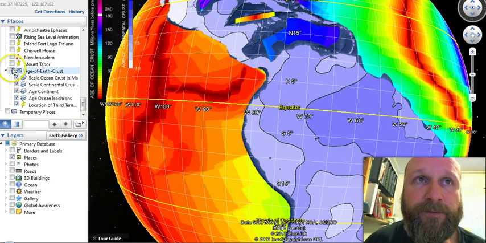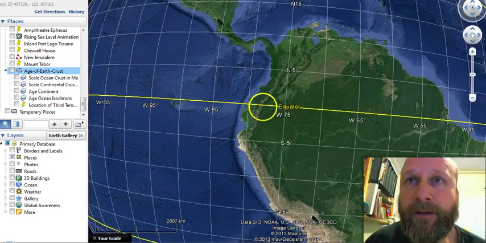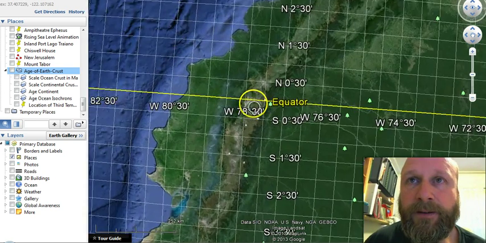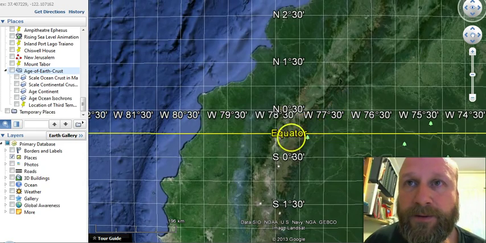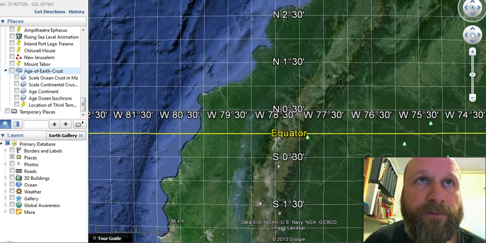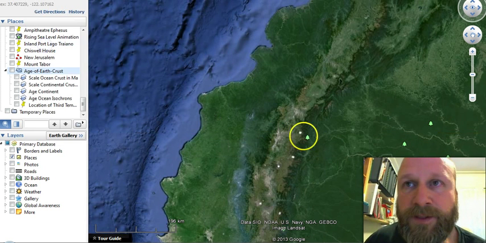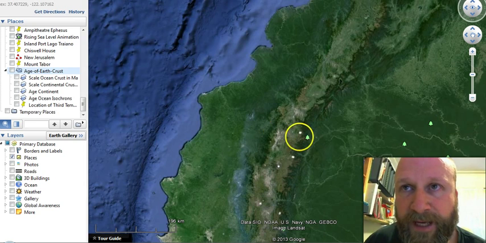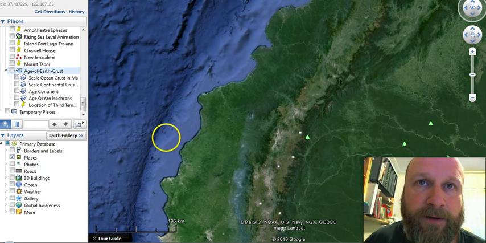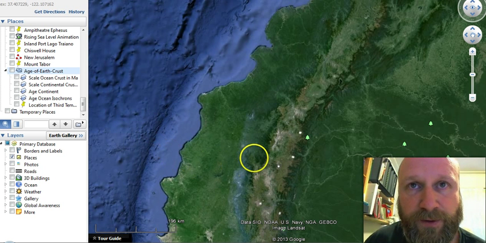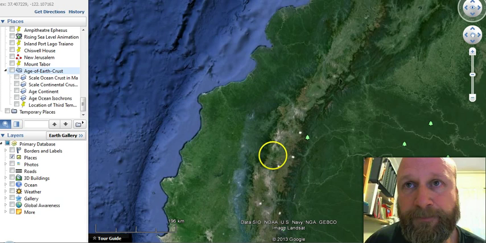Okay, so we turn off the layer and we zoom in to this point here, and we'll just straighten it up, and we'll turn off the grid layer. So we've got a mountain range here, which is the Andes, then we have a shallow point here, and then we have submerged continental crust, and then the Atacama Trench, which extends down the west coast of South America.